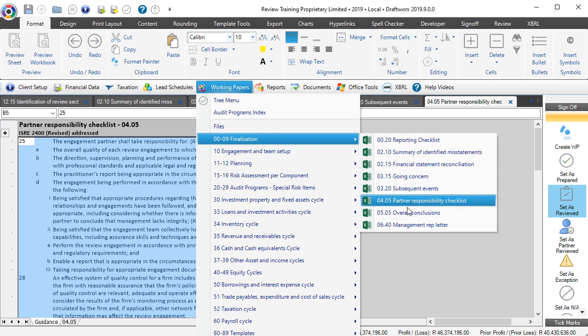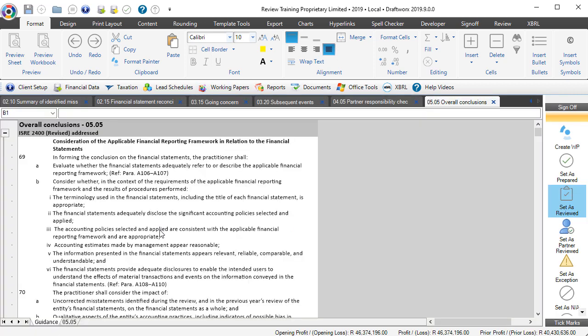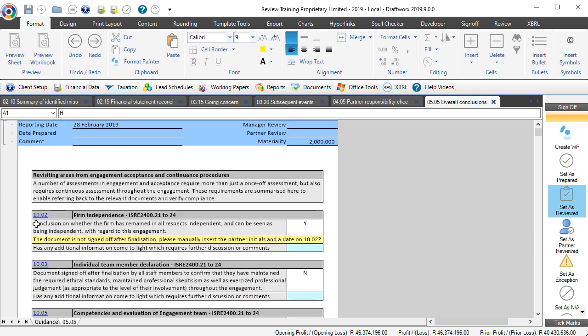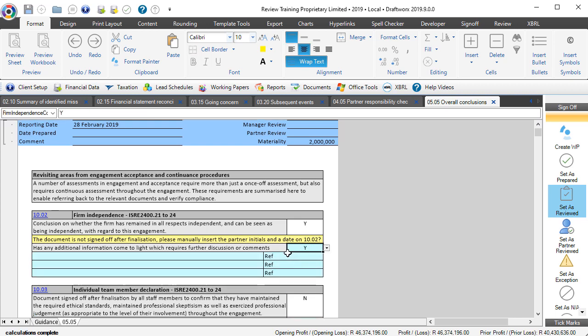Important one for the partners. Overall conclusions. Now, this little document is one that I loved setting up because we were able to go all the way back to document 10.02 and start pulling out information about what's happened in this engagement. And you'll see it's immediately warning you that this document has not been signed off. And it's asking you, has any additional information come to light which requires further discussion or comments related to your firm's independence? And if you say yes,